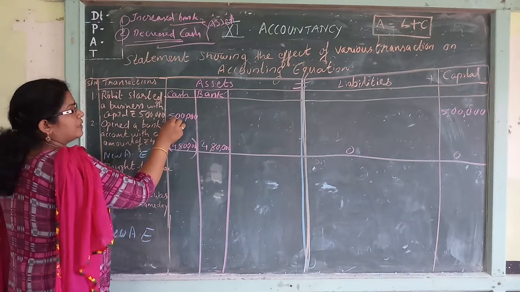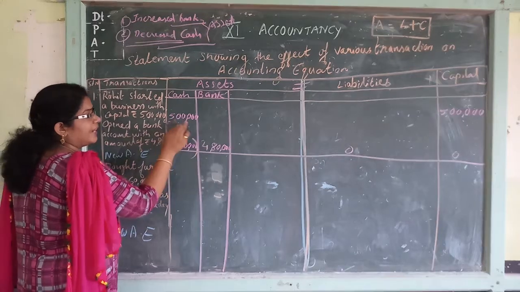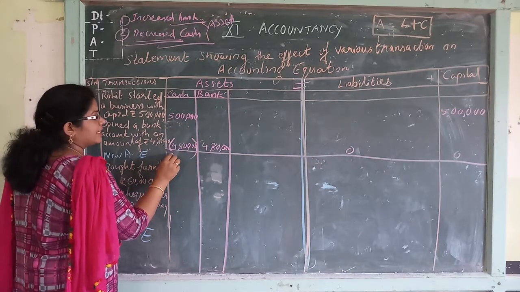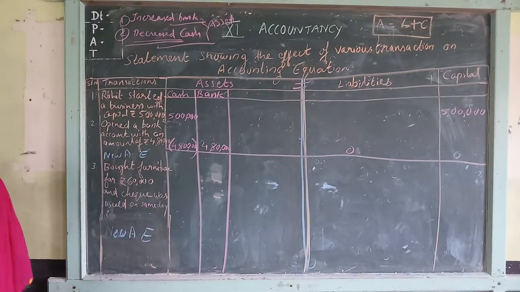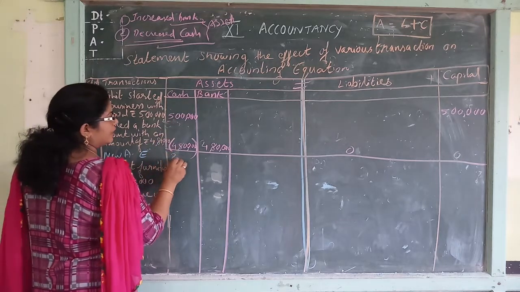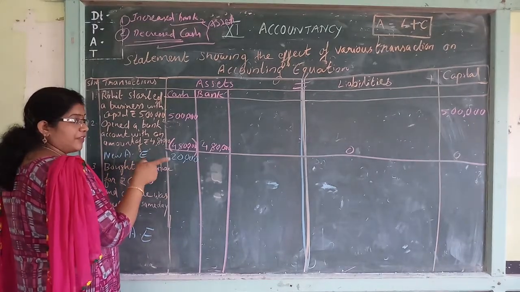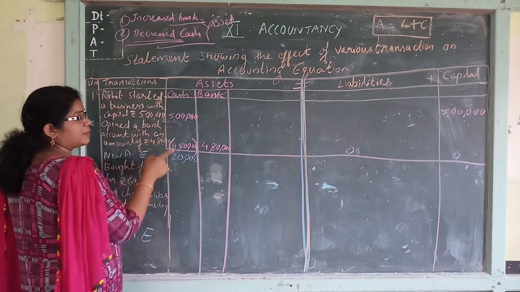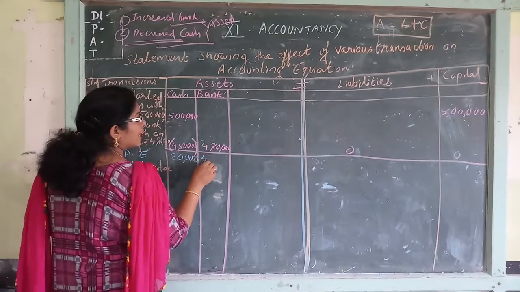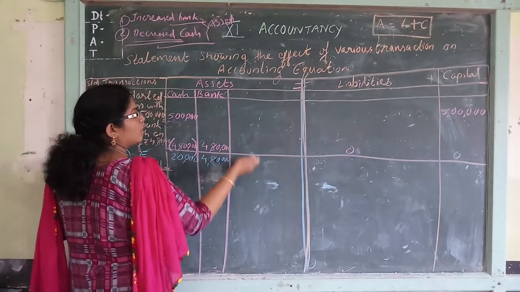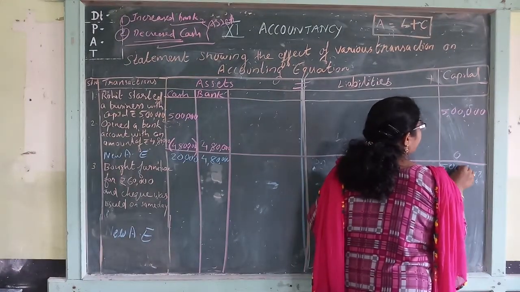Clear? So this is 4 lakh, so 5 lakh and 4,80,000 more. This is minus 5 lakh minus 4,80,000 balance. That is the cash balance in the new accounting equation, in that place you will write. The balance is 20,000, the cash balance in your hand now. After two transactions, the new accounting equation with your cash balance in hand is 20,000, and your bank balance is 4,80,000. No other thing. Liability is 0 and the capital balance, after completing this, is 5 lakh.